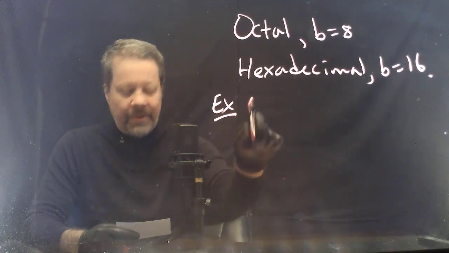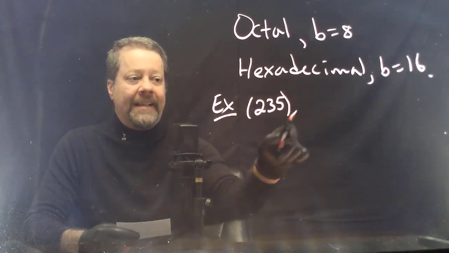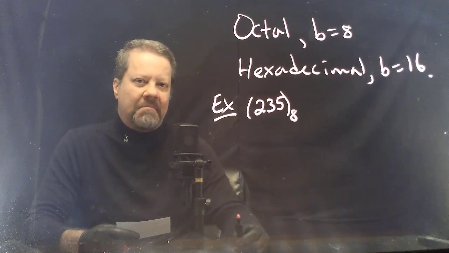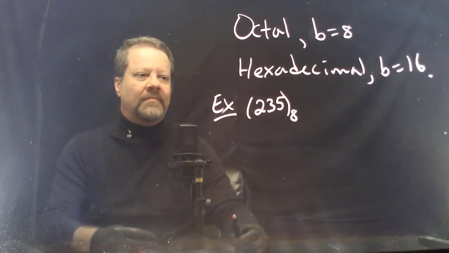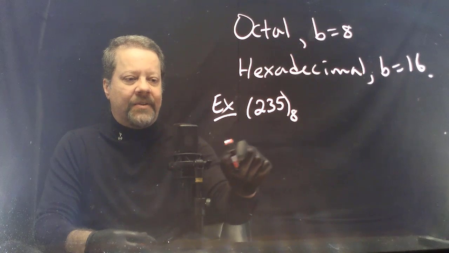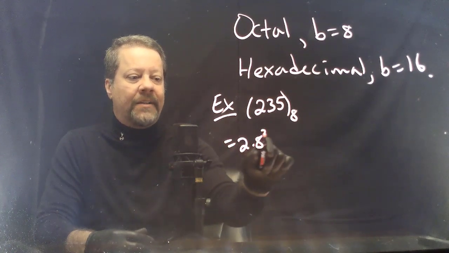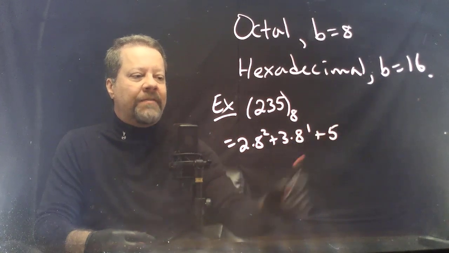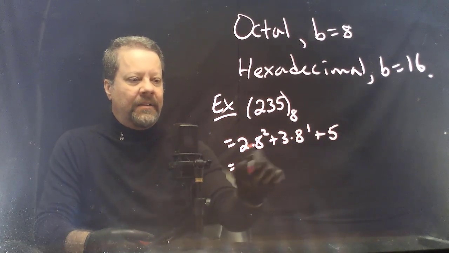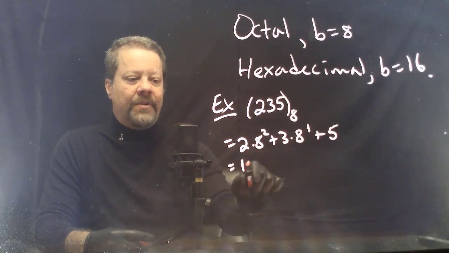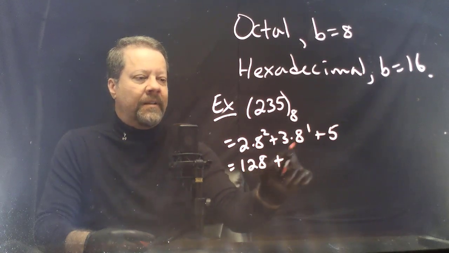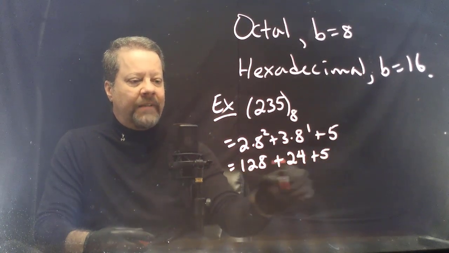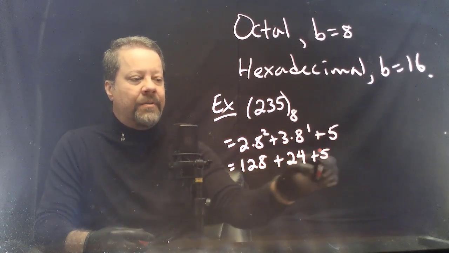As an example, suppose we have the number 235 that is in base 8. What is this number in base 10? Well, it's in base 8, so it's going to be 2 times 8 squared plus 3 times 8 to the 1 plus 5. Well, 8 squared is 64, times 2 is 128. 3 times 8 is 24, plus 5. We'll have 140, 152, 157